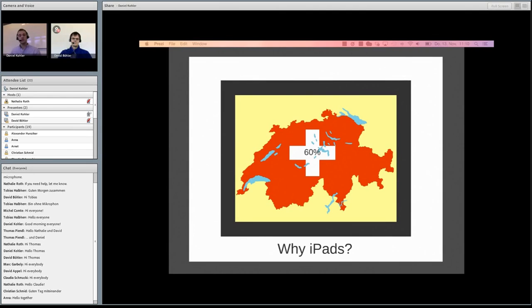And now for the ones that are already using iPads or tablets in their institution, I'd like to know what kind of tablets you are using. Are these iPads like the market share dominant by Apple? Are these Samsung tablets? Windows tablets, and that will be Natalie's part again to pull that poll up.